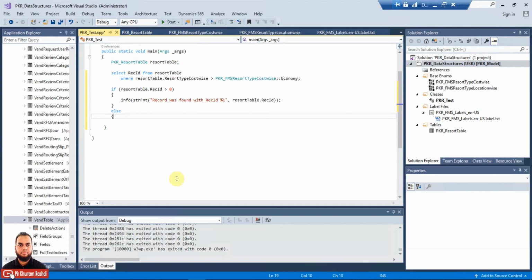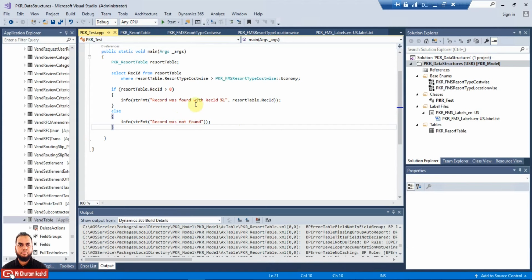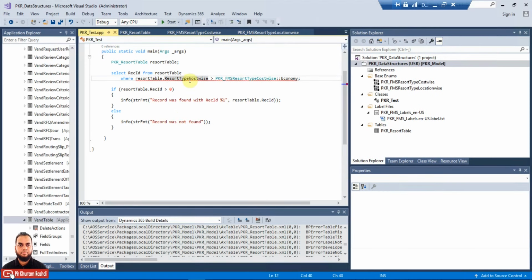And in the else, if the record is not found, we can just copy paste and write record was not found. Simply we place this text that record was not found. In this way we have used the comparison, and you can see here it is saying that since we have already used this as extensible, we cannot use it in a comparison operator.